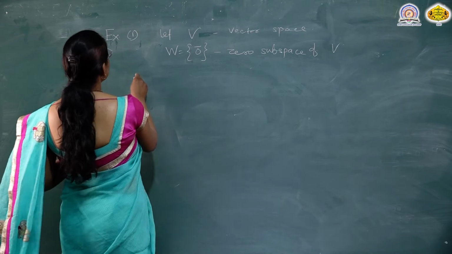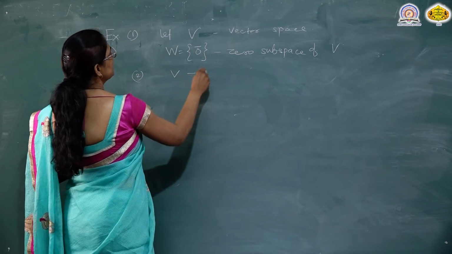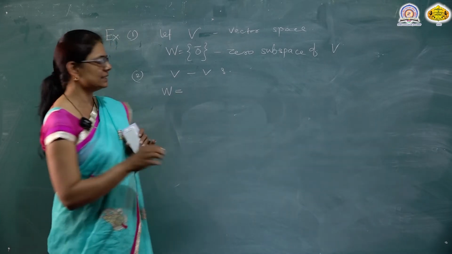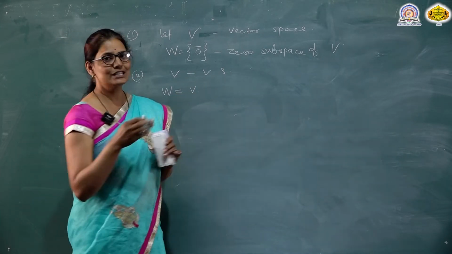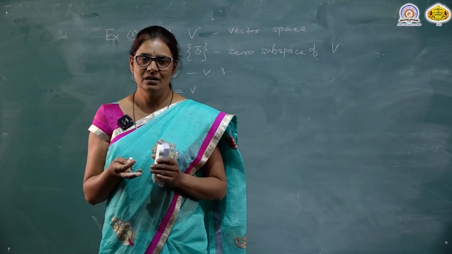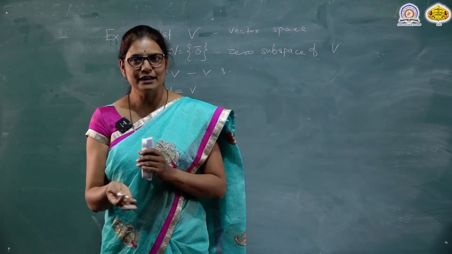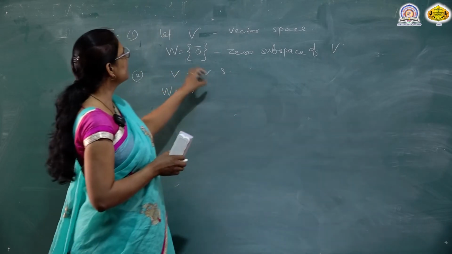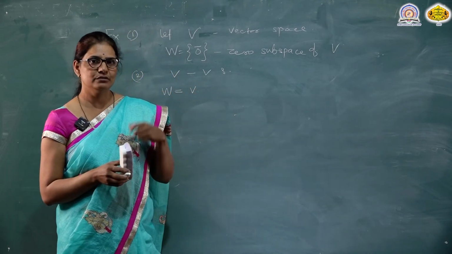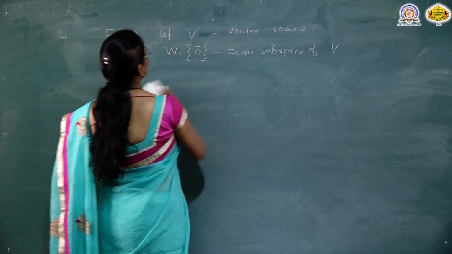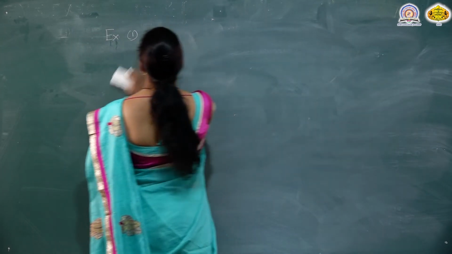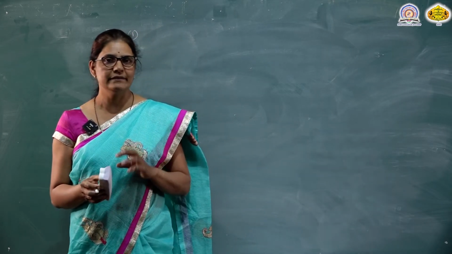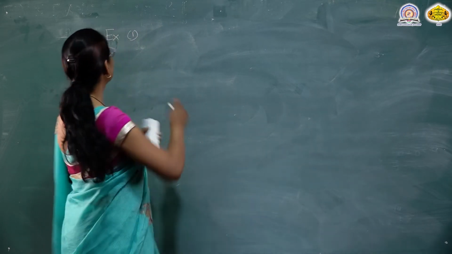Another example is, we consider V is a vector space and take W equal to V itself. Since W equals V itself, it is again a vector space, and that's why it is a subspace. So every vector space is a subspace of itself. Remember, these are the two trivial subspaces of any vector space. So the third example is,